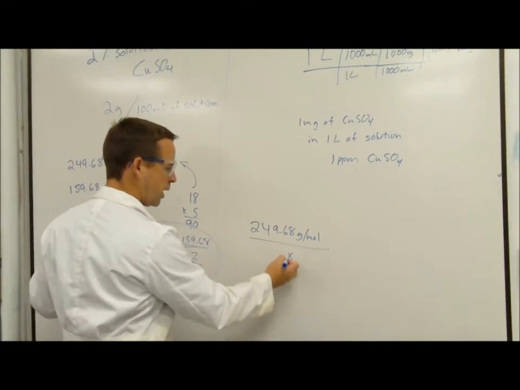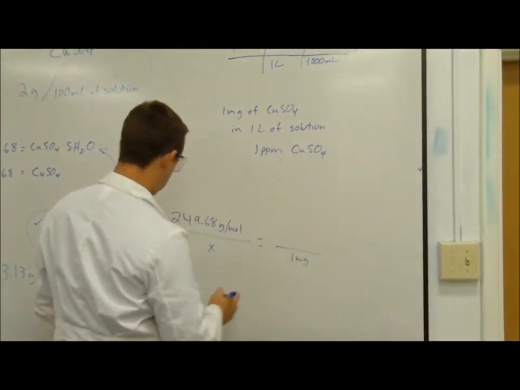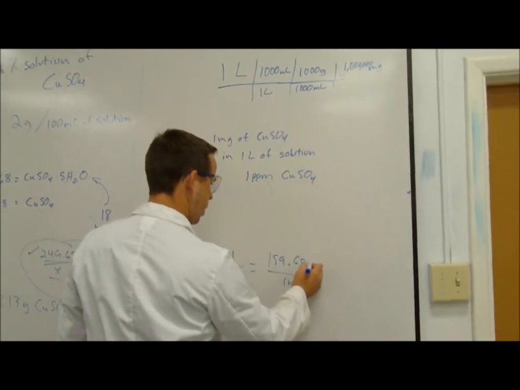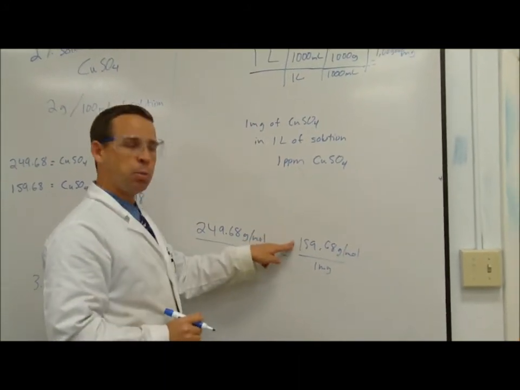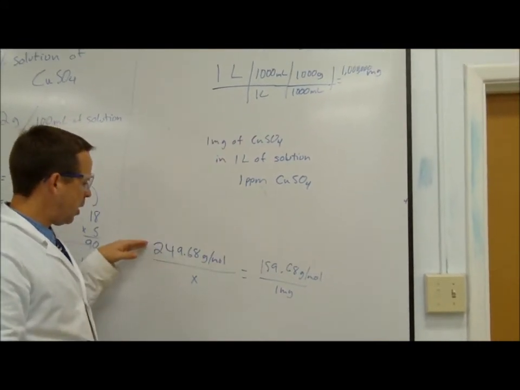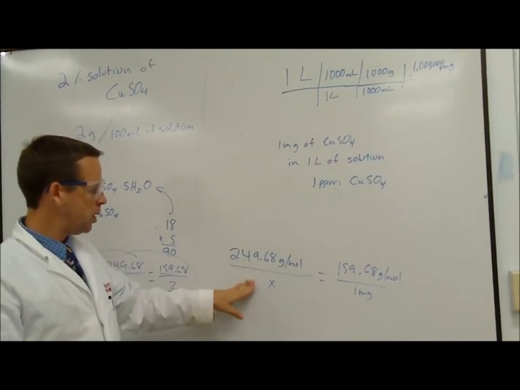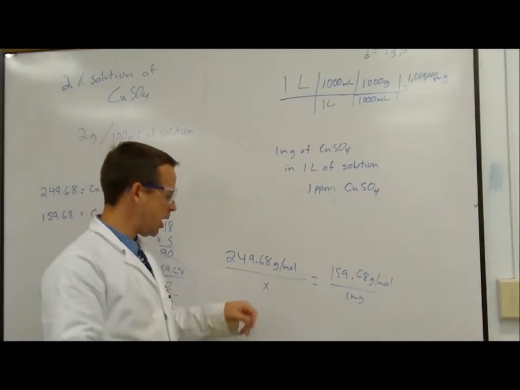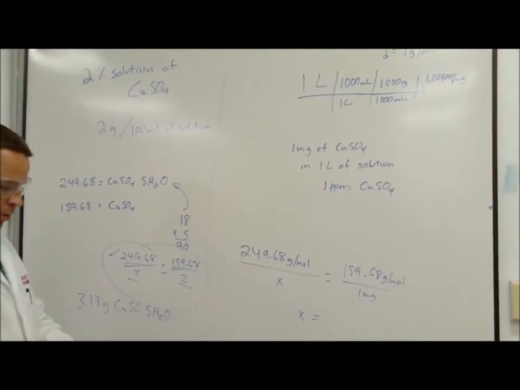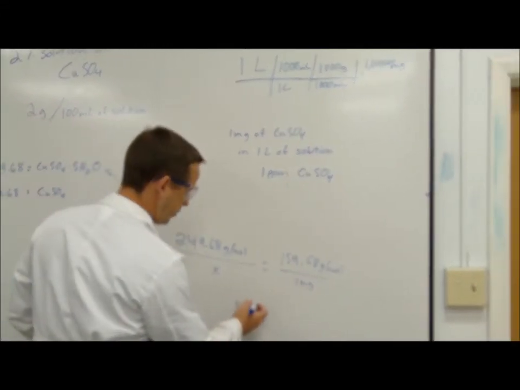And this is how much we would like to know how much we have to weigh out if we want 1 milligram. If it weighed 159.68 grams per mole, we would weigh out 1 milligram and add it to our liter. But because it weighs 249.68, because of the extra water, then we need to multiply that value, or solve for x here, which will be 3.13 divided by 2, 1.56